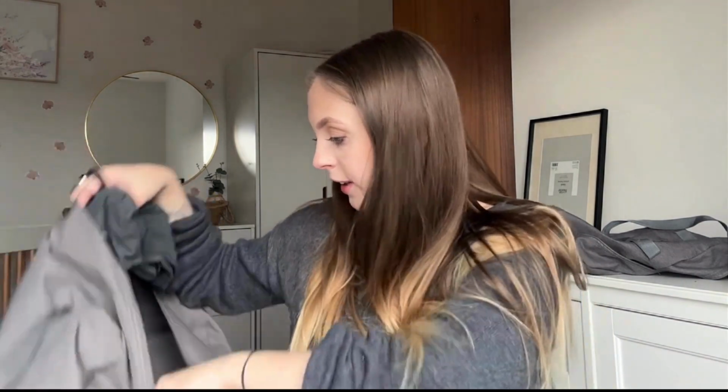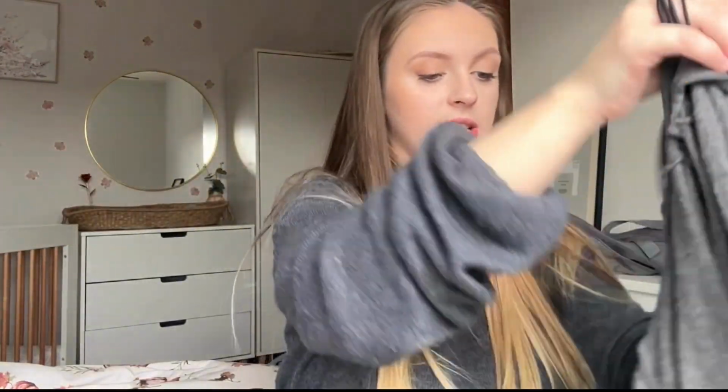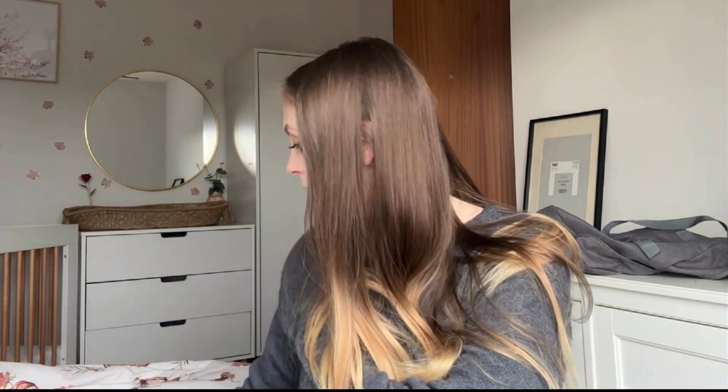Okay, so what I'm going to pack in there is a pair of boxers because they're just comfy and, you know, that's what we need. I've got my big nightie that I'll be wearing. I actually wore this when I was being induced with Marley and she broke my waters and they absolutely drenched this, so I didn't end up giving birth in it. And then just a really big baggy old white t-shirt that should do there. And then I'm just going to pop some hair bubbles in the front. Hair bubbles, dark grey nightie,